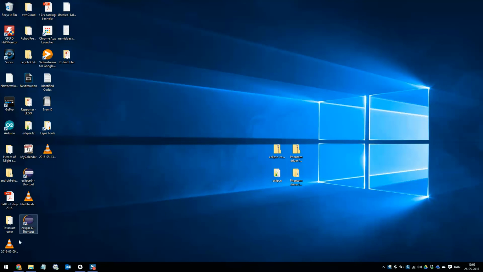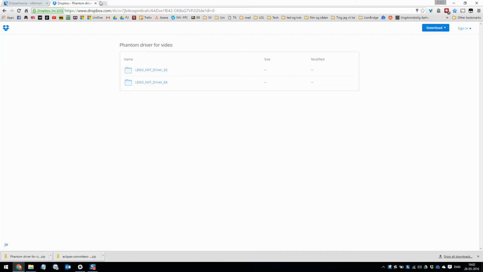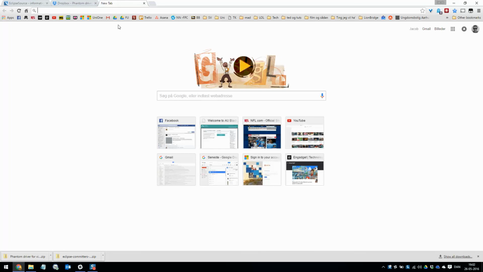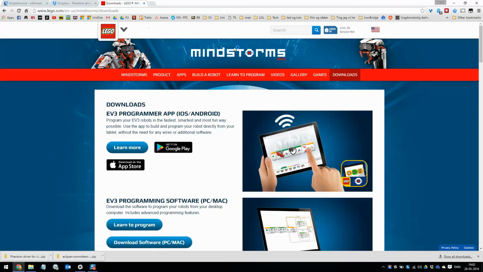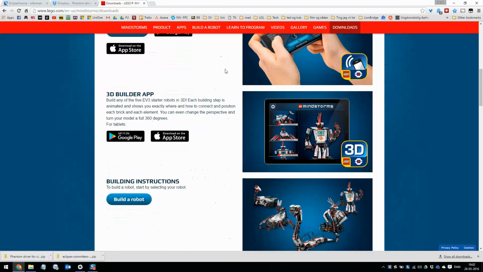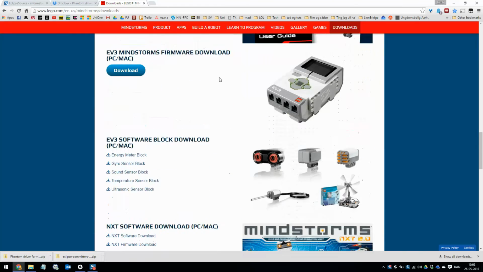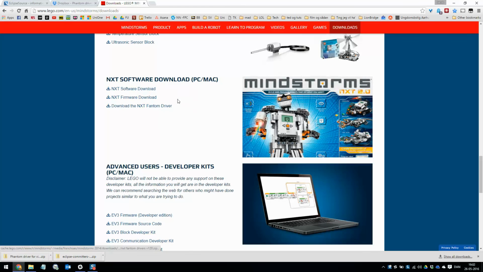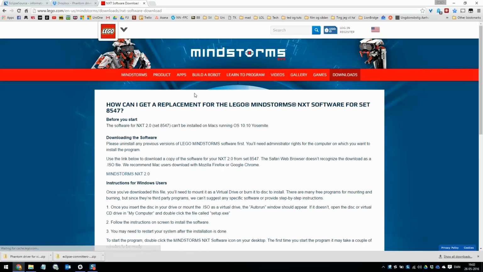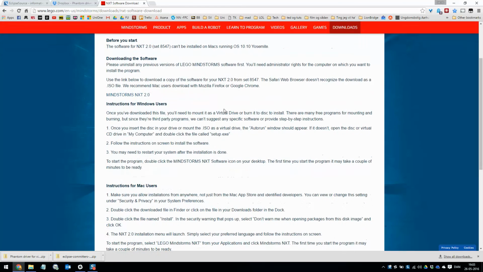Lastly, if all else fails and the NXT is in I-can't-do-anything mode, go to the link here, go to the Lego Mindstorms page and download the NXT software package, the entire package, which is used for the NXT when not using Lejos, and download that using the link up here at the top.